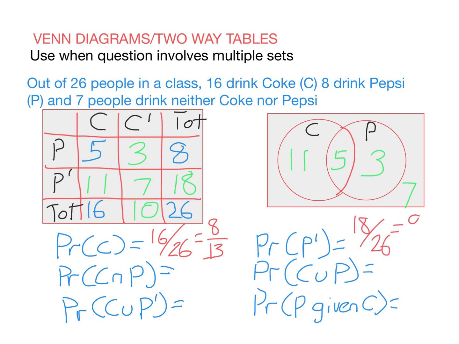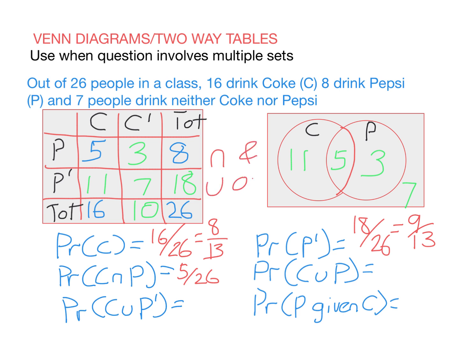Once again, I'm going to simplify the fraction. Just note this symbol here means "and". So this is saying the probability that if I pick someone at random, they drink Coke and Pepsi. That's these 5 people here. There are 5 people who drink both out of 26 in total. So make sure you know that this symbol means "and"